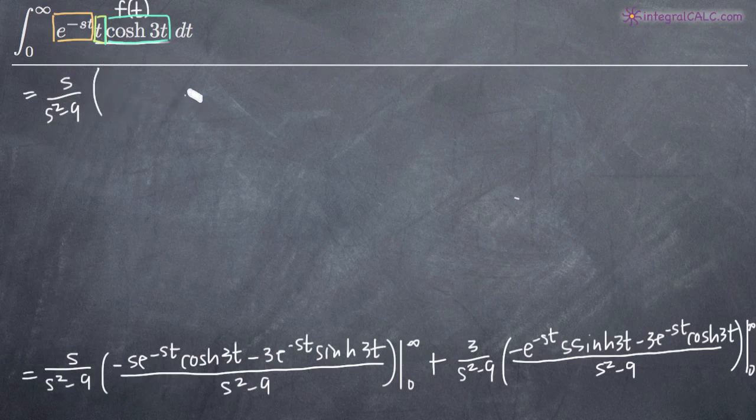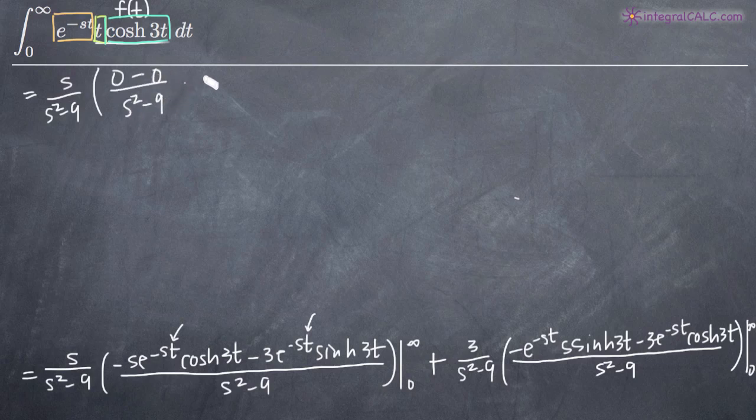Remember that when we evaluate our definite integrals, we're plugging in for t. So let's take our first one here. We'll plug in for infinity first. When we plug in for infinity here for this t, we'll get e to the negative infinity, which is going to go to 0. So that whole first term will be 0. Second one, same thing. We'll plug in here, and we'll get e to the negative infinity, which is going to give us 0